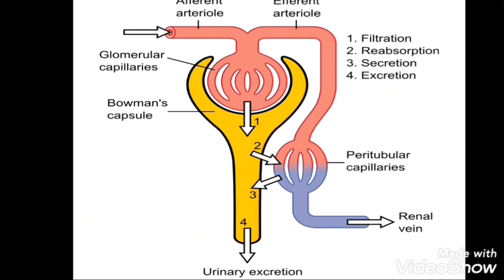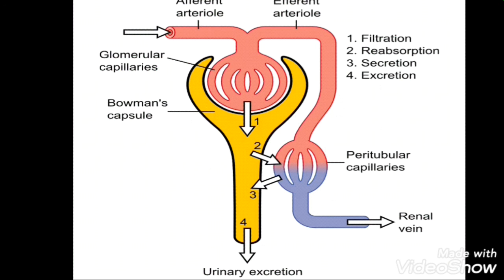That is the second part, the tubular reabsorption. The filtrate in the proximal tubule consists of essential substances such as glucose, amino acids, vitamins, sodium, potassium, bicarbonates and water that are reabsorbed into the blood by the process of selective reabsorption. Then tubular secretion. Substances such as hydrogen ions and potassium ions are secreted into the tubule. This tubular filtrate is finally known as urine, which is hypertonic in man.